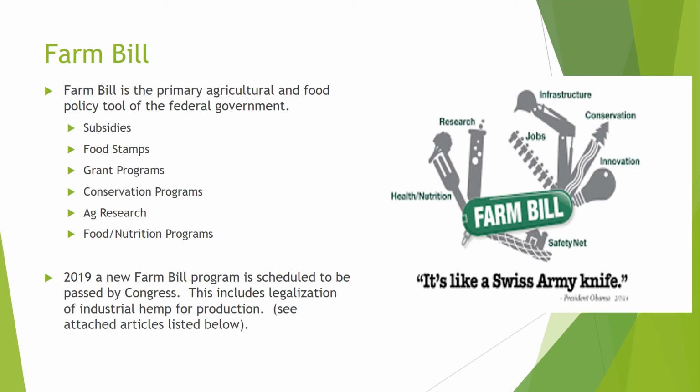So next we're going to talk about the Farm Bill. The Farm Bill is a primary agriculture and food policy tool omnibus for the federal government. It is federal legislation that sets priorities and funding for agriculture and related environmental and emergency food programs in the United States. The Farm Bill is revised and then enacted by Congress every 5 to 7 years. You may have seen in the news recently that a new Farm Bill just passed through Congress back in December 2018. There's an article listed on the course website for you to check out.